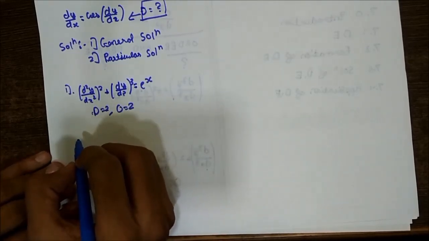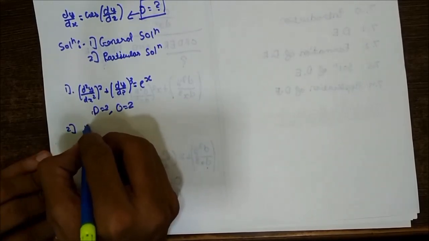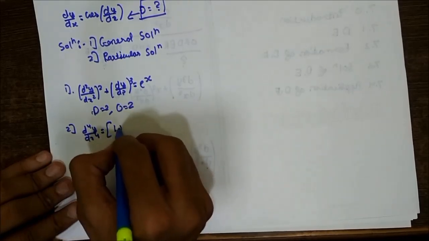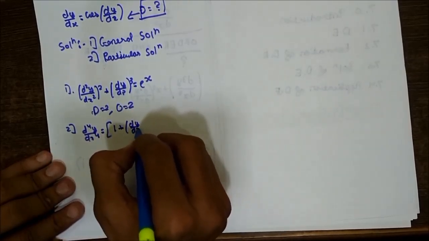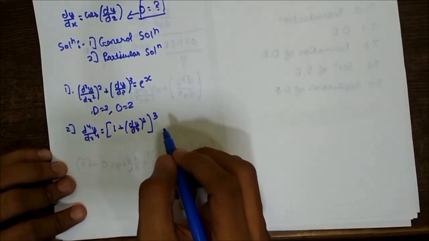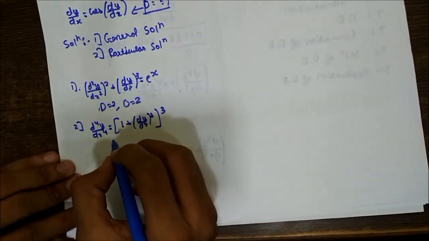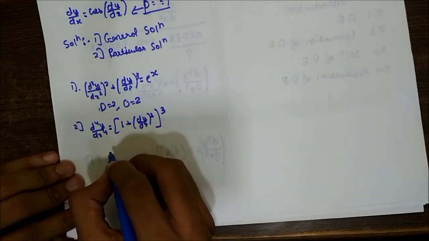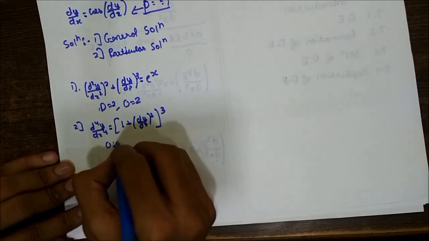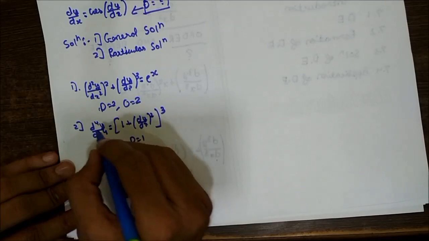Okay. We'll take some other example. We'll take another example, that is d raised to 4 y by dx raised to 4 is equal to 1 plus (dy by dx) the whole square, the whole cube. Okay, by definition of degree and order, your degree becomes 1 and order becomes 4. Your order is 4 because the highest order derivative is of order 4, and the degree is 1 because the power of that derivative is 1. There's nothing mentioned, so it is 1.